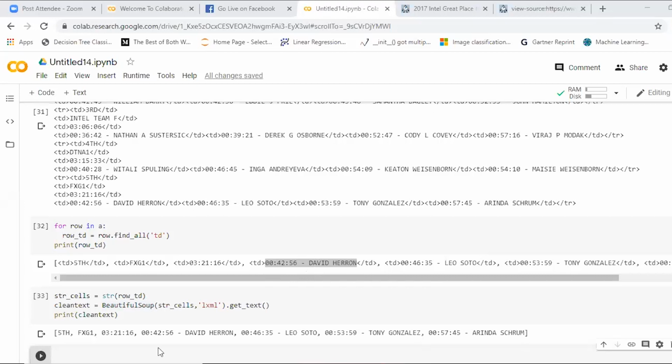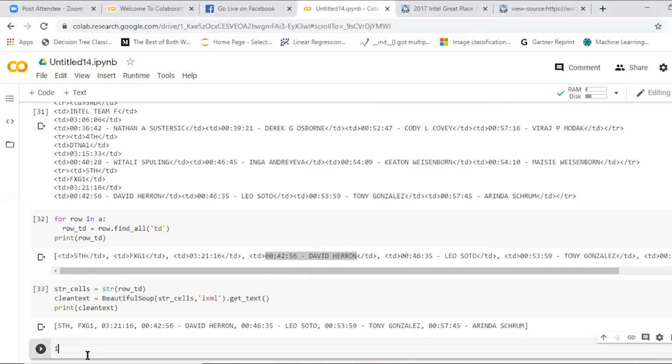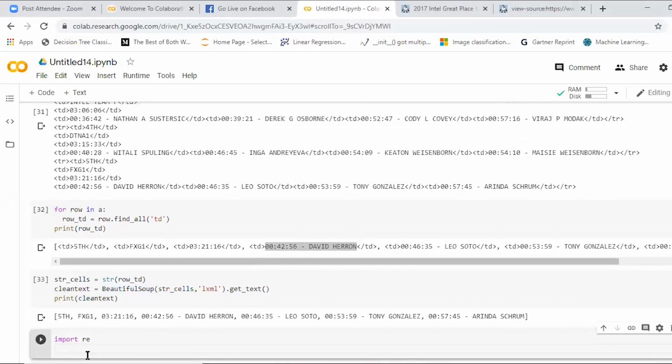So import the library. You need not install anything in Colab because everything is available by default. If you want to install, you can use pip install, but regular expressions need not be installed. That is a built-in module in Python. The only thing is, if you're doing it in IDLE, you need to install BeautifulSoup and urllib. For sure, we'll be sharing the file. No issues.